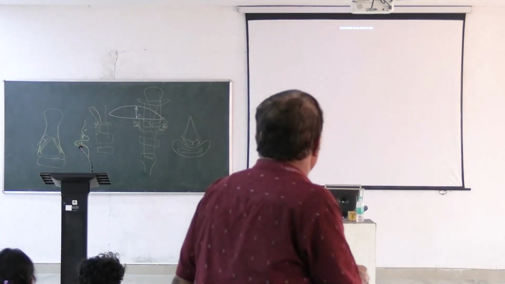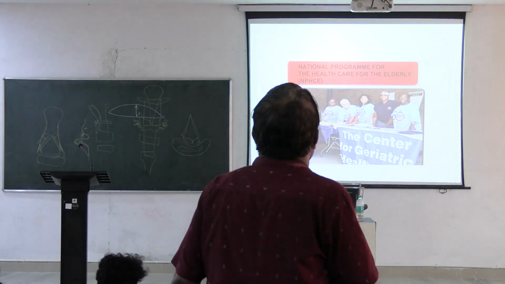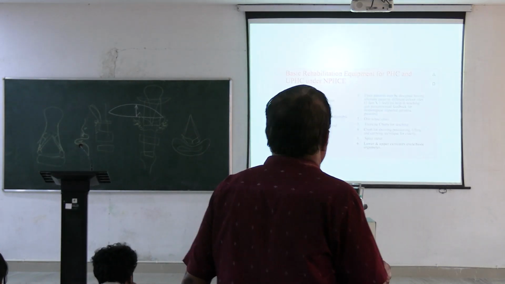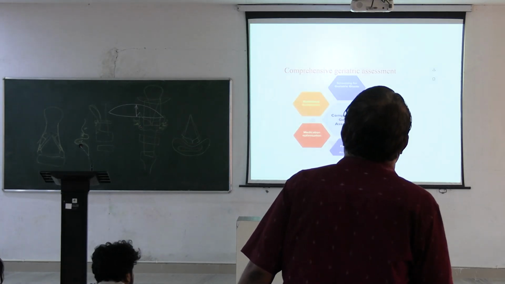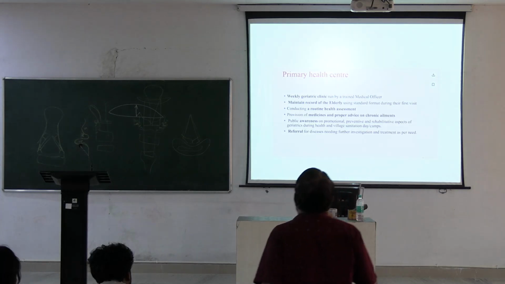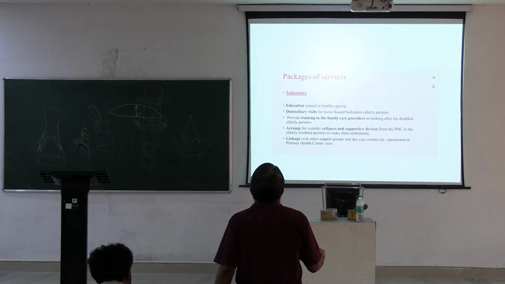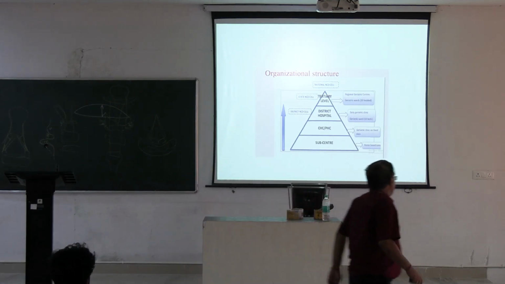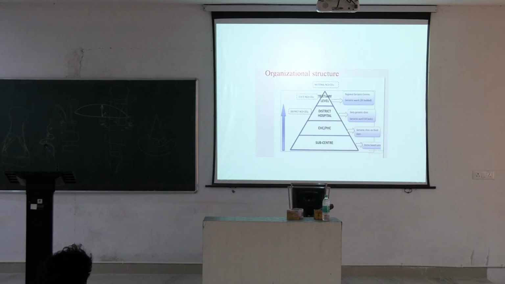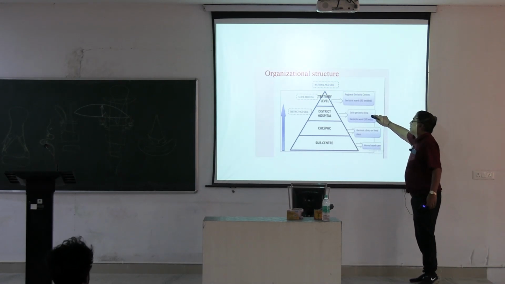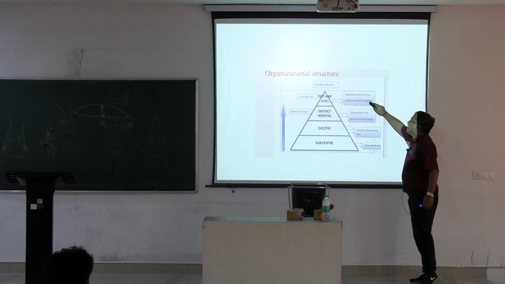So I think that's my last slide. Basically you need to know the levels of treatment: the sub-center, the primary health center, the community health center and the tertiary centers, and what package of services is given. This is the structure, and if you remember the structure, it's very easy. You have home-based care at the sub-center level, geriatric care on fixed days at the CHC and PHC, a daily geriatric clinic with a geriatric ward of 10 beds at the district hospital, and a tertiary level regional geriatric center with 30 beds.